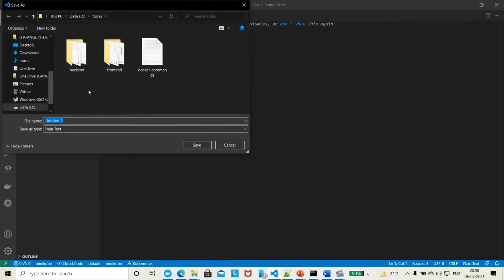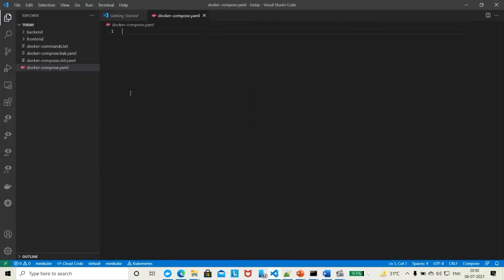We will save it here as docker-compose.yaml or .yml, whichever we prefer. So this is the Docker Compose file.